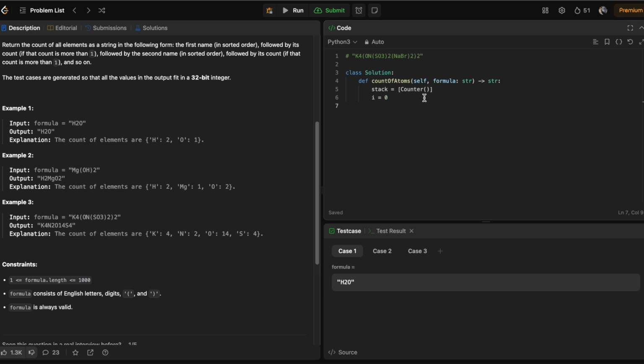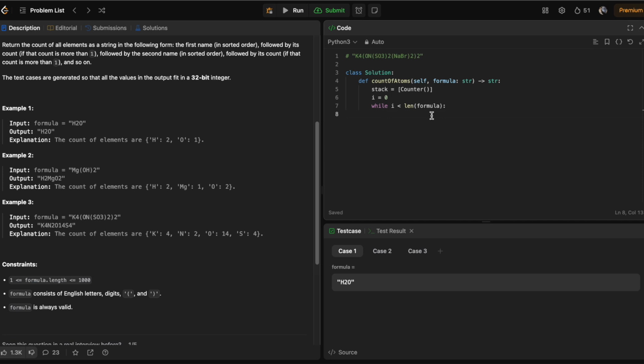We want to be able to increment the index how we want, because we're not just going up by 1 every time, we're going up by the whole element. So while i is less than the length of the formula,